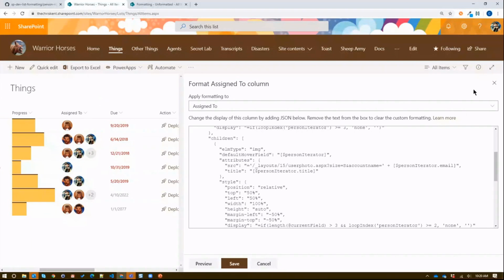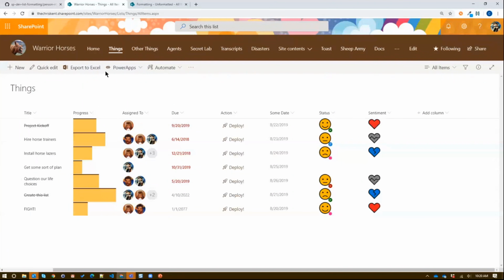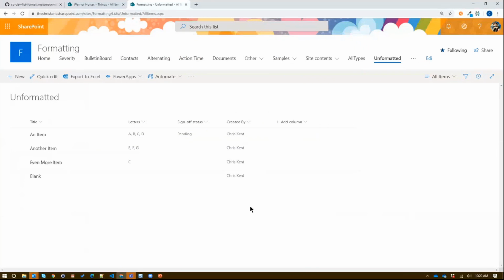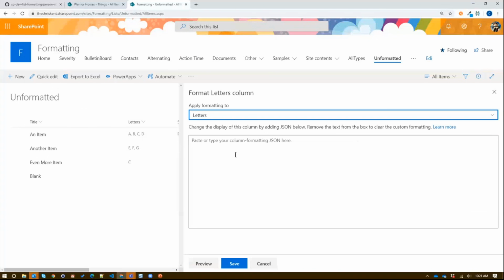So now let's take a look. What else can we do? So we've got these default hover fields, which is great. And again, huge leg up from what we used to have. But what about if we want to do some kind of custom thing, right? So let's head over here, we've just got a nice kind of clean area-ish, right? And we're just going to grab this random field because it doesn't matter what's in it to us, right? And we're just going to see if we can apply